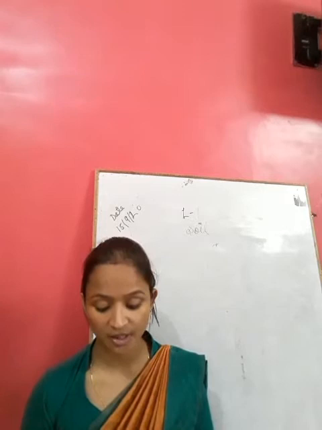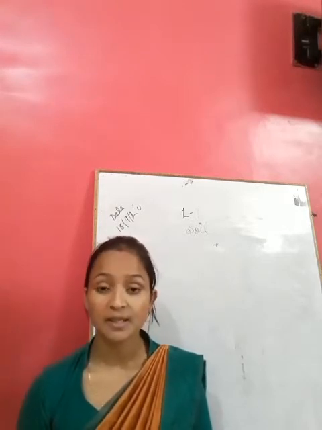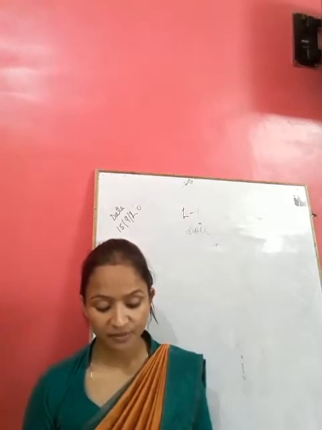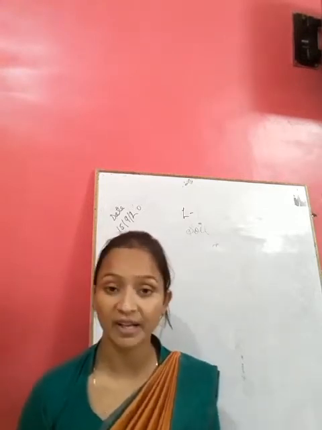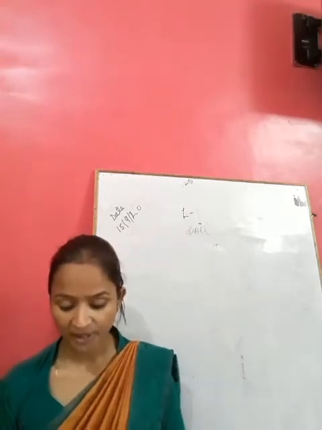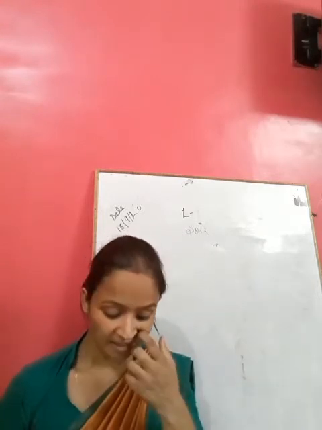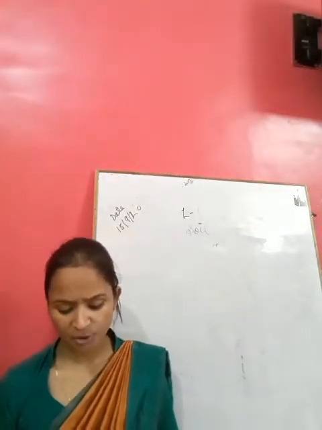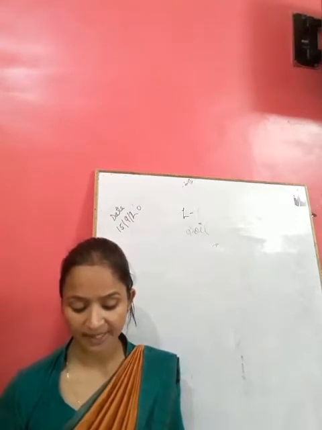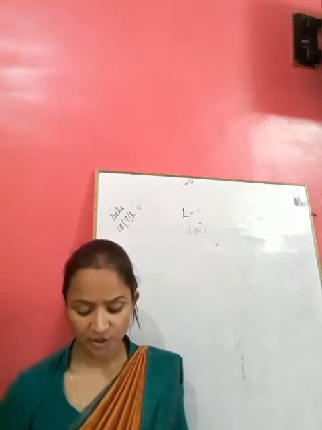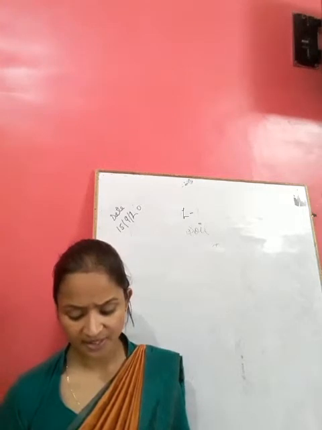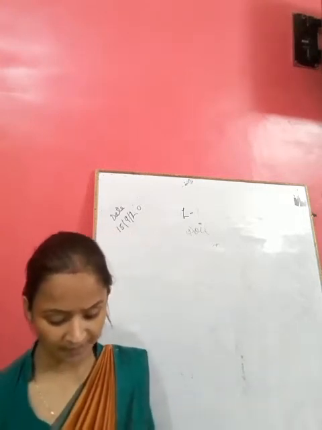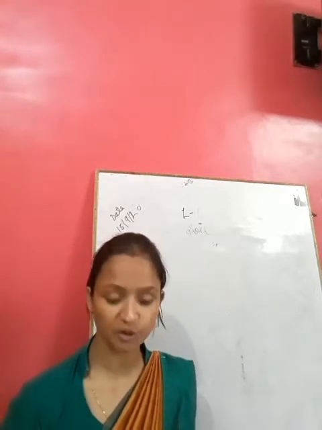Take in your palm a soil sample, say sand or clay, and wet it with water drop by drop and rub it with your finger. Then what will you feel? Find out whether it is rough or smooth, and whether the soil particles stick to your fingers or not. Knead the soil and try to make it into a ball by adding just enough water, then roll this ball into a cylinder on a flat surface, and try making other shapes also. Find out which type of soil particles can be made into a cylinder or any other shape.